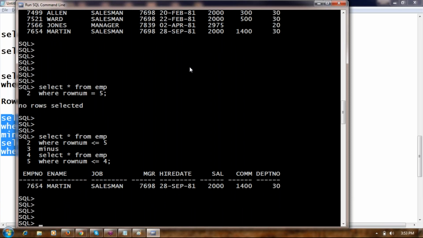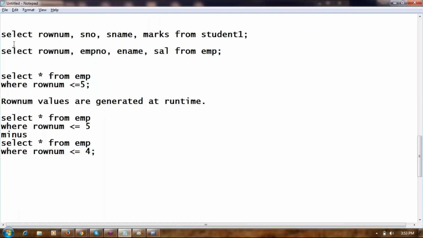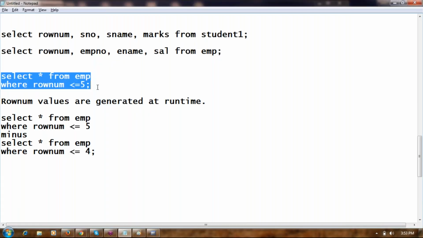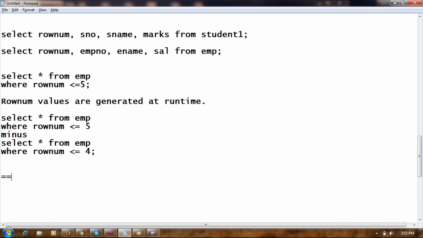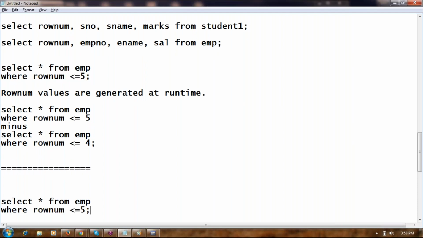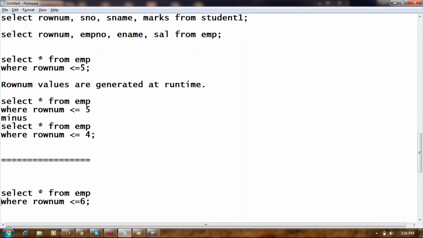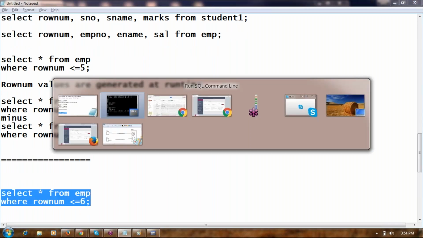What will be the result for row num less than or equal to 6? First 6 rows. Less than or equal to 5 will give you the first 5 rows. In the same way, less than or equal to 6 will give you the first 6 rows.